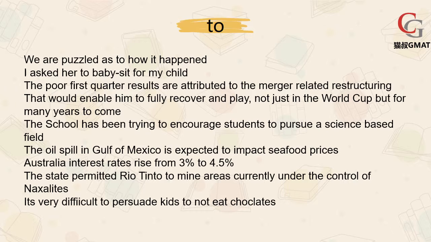The school has been trying to encourage students to pursue a science-based field. 这里是 try to do something，就是尝试努力去做。Try to encourage students to do. Encourage somebody to do 是另外一个搭配。The oil spill in Gulf of Mexico is expected to impact seafood prices. Be expected to 也是一个搭配。Australia interest rates rise from 3% to 4.5%. From to 是我们很熟悉的搭配，from A to B。